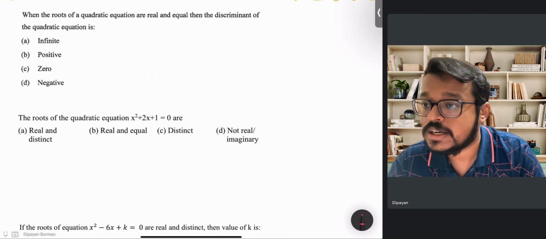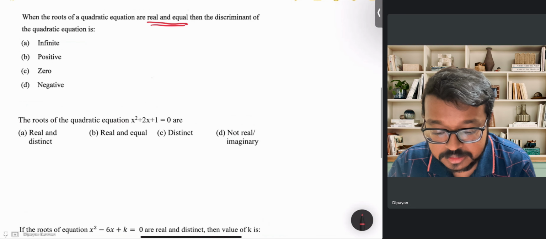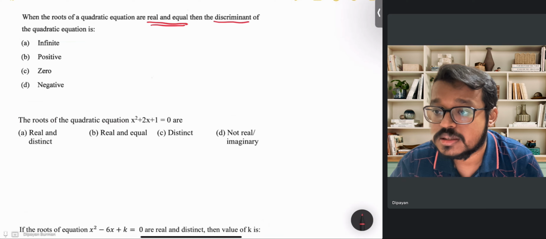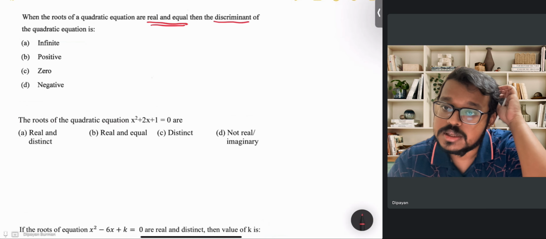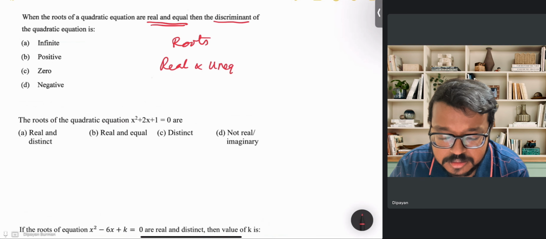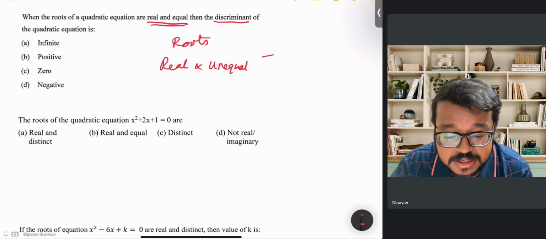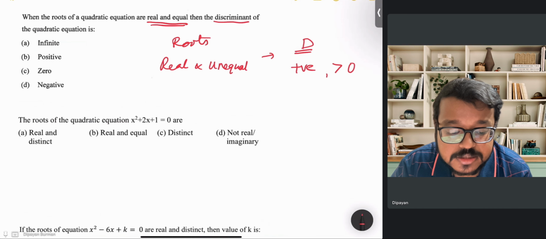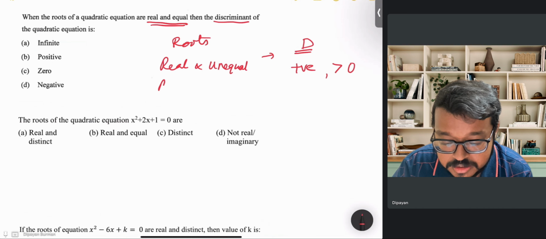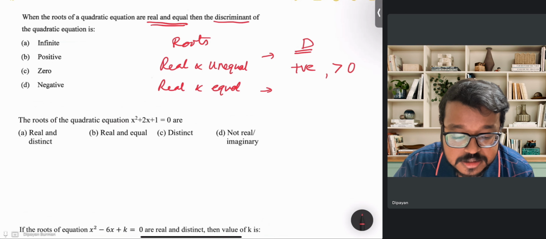So the first question is very direct. When the roots of a quadratic equation are real and equal, then the discriminant of the quadratic equation is which of the following? So the concept is that when the roots are real and unequal, that means we have two distinct roots, two different real roots, then the discriminant value is positive, or greater than 0. If the roots are real and equal, we have two real and equal roots, then the discriminant is equal to